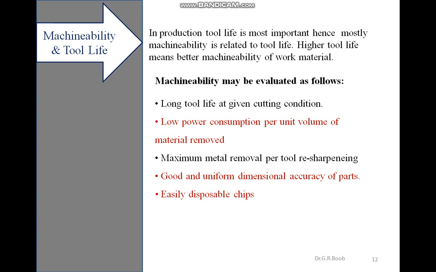So machinability is evaluated as longer tool life at a given cutting condition, or as low power consumption per unit volume of material removed, or maximum metal removal per tool resharpening, or good and uniform dimensional accuracy of parts that we get out of the metal removal process, or easily disposable chips. So that is also a way to